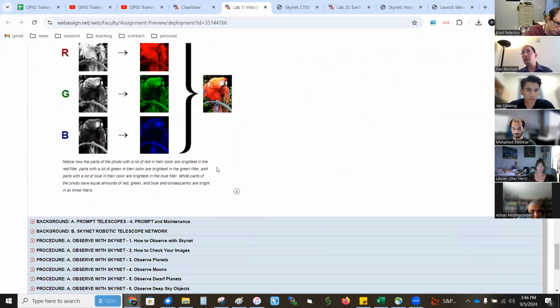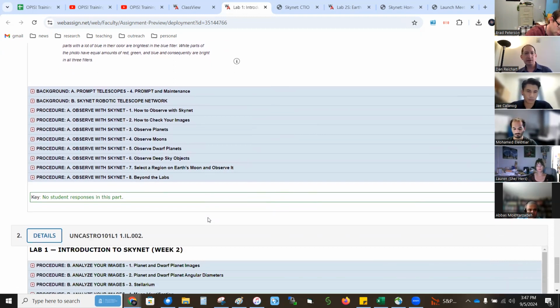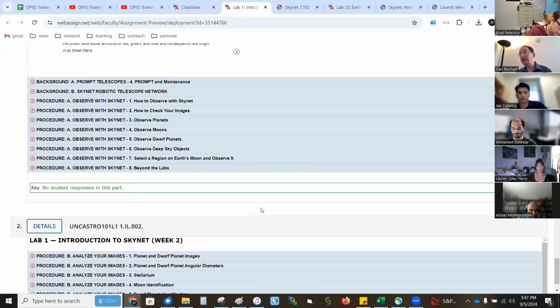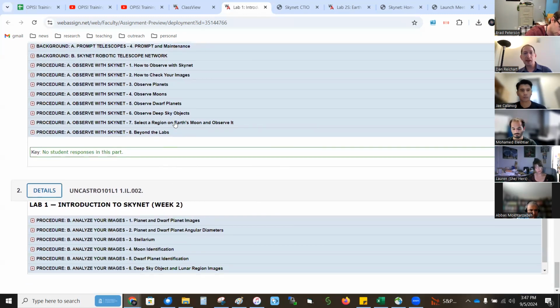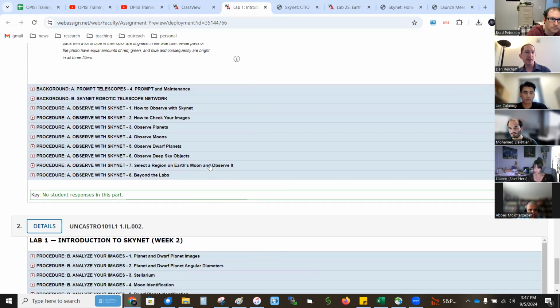We don't do too much of this in OPIS. OPIS, as I described before, is usually single shot black and white stuff, so it can scale to national levels. But there is a little extra activity here and beyond the labs, or maybe it's lower down, I can't remember, where they pick one of their favorite deep sky objects once they come back and shoot it red, green, blue, and learn how to make a color picture. It's an extra credit activity.